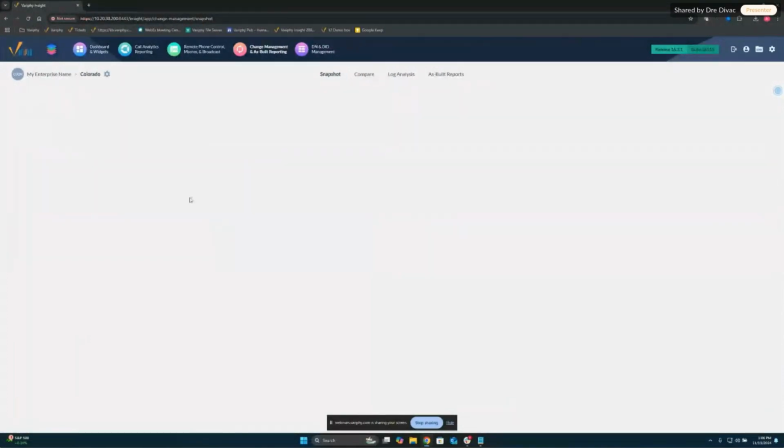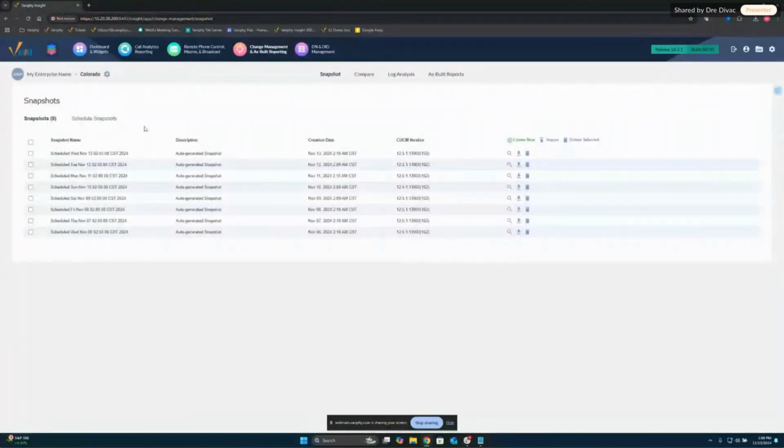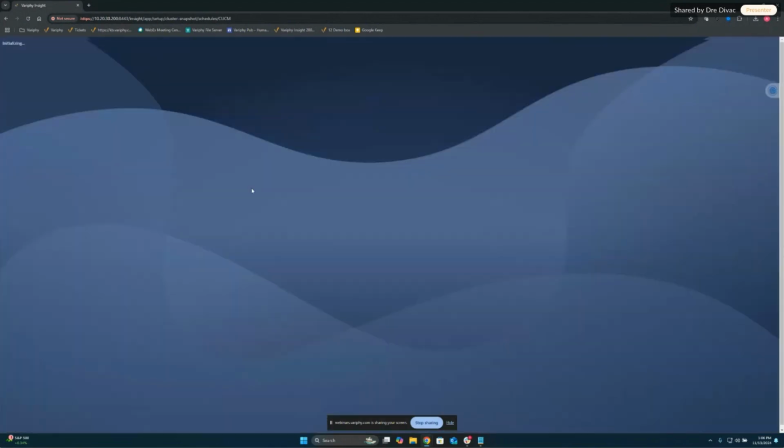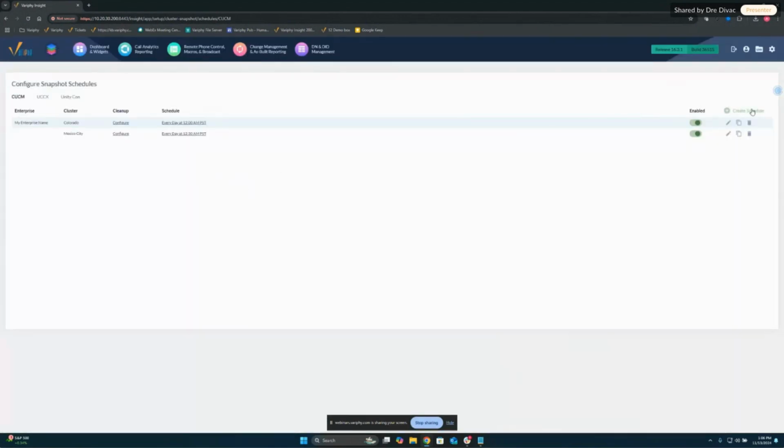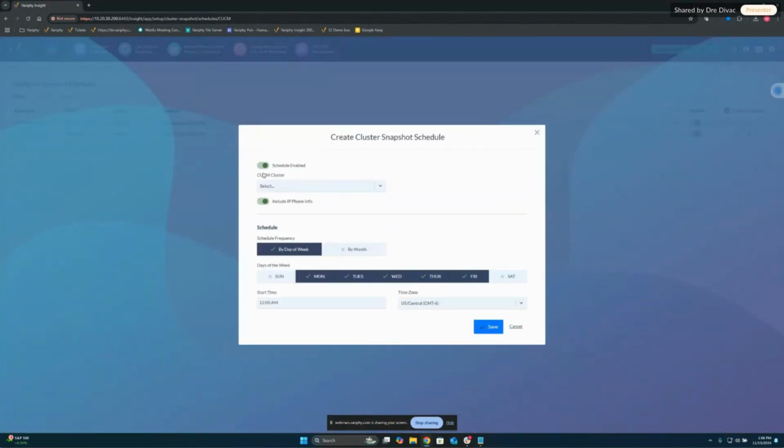So once you have some snapshots, or have a snapshot, you'd probably want to schedule a snapshot too. It's pretty easy, just by going into the schedule snapshot function here, giving it a second to load, creating a schedule, picking your cluster, making sure to enable it, and then setting your frequency. So if you want to do it every day, twice a day, whatever you want, we can set